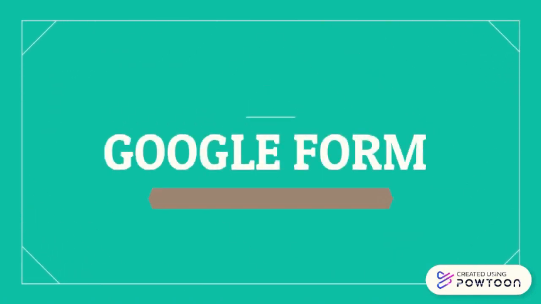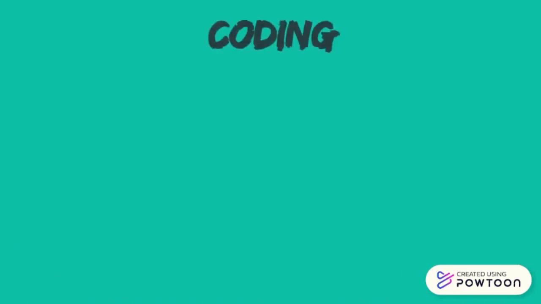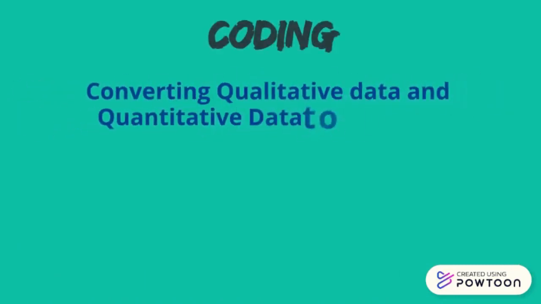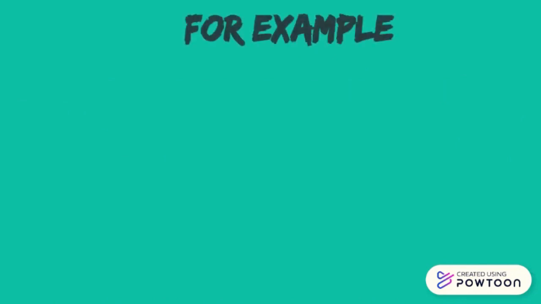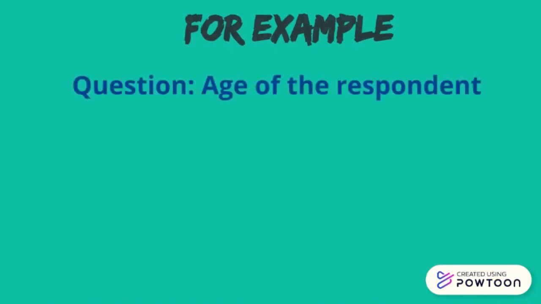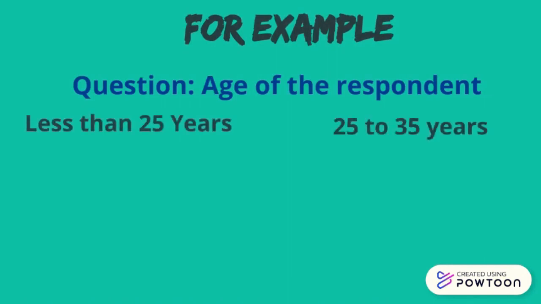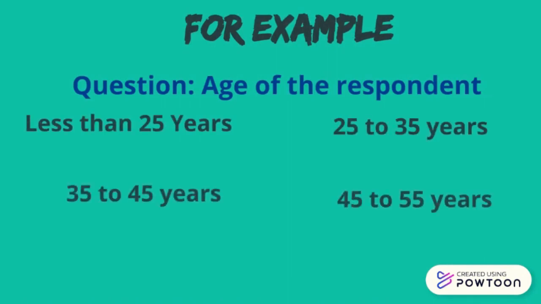After understanding how to download the Excel sheet from Google Form, now let us understand the meaning of coding. Coding is converting the qualitative and the quantitative data into the language understandable by the software. For example, if you have collected the data about the age of the respondent in the form of categories like less than 25, 25 to 35, 35 to 45, 45 to 55, and 55 years and above, then they